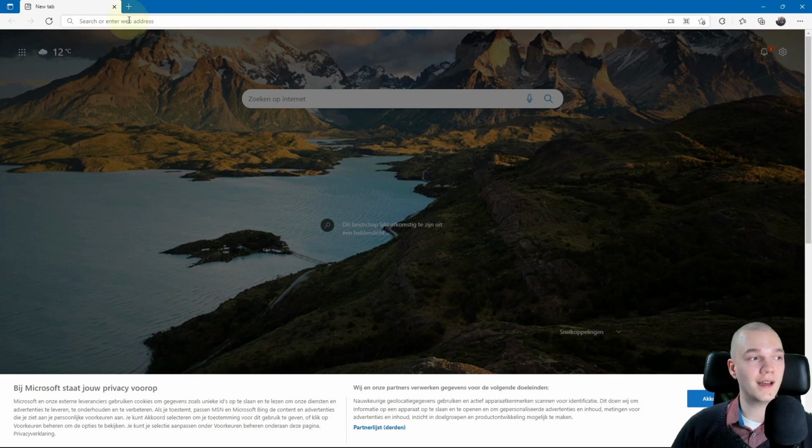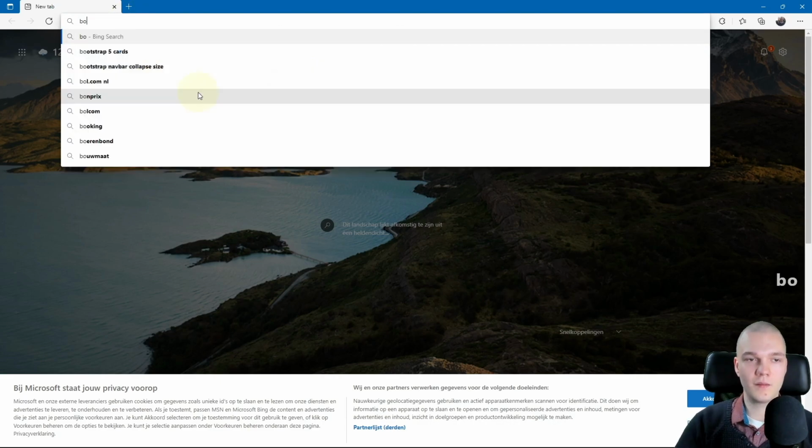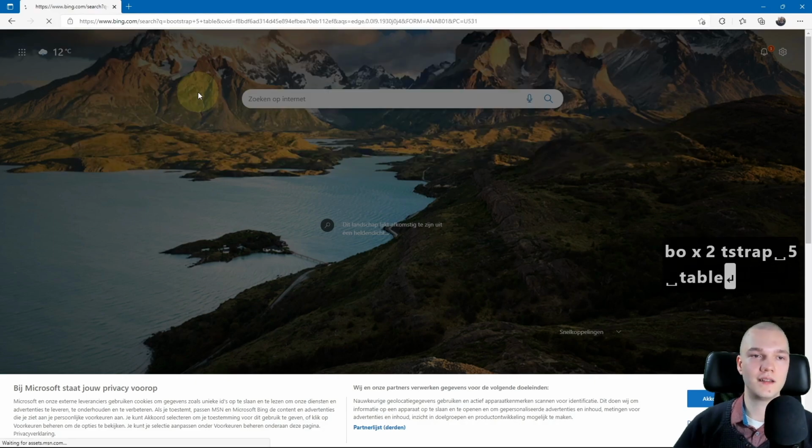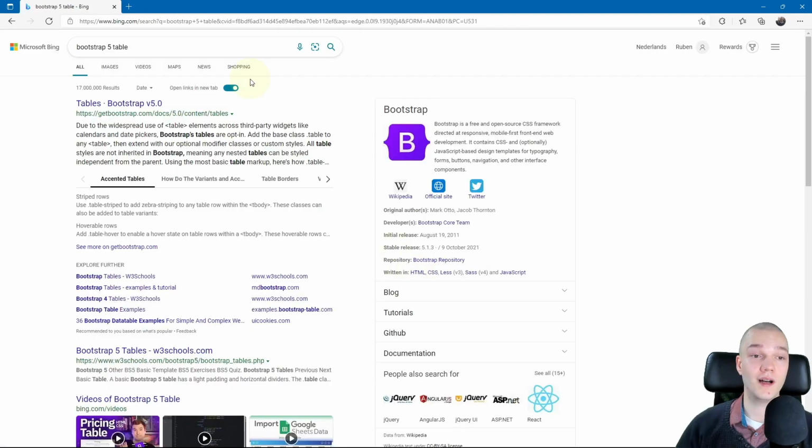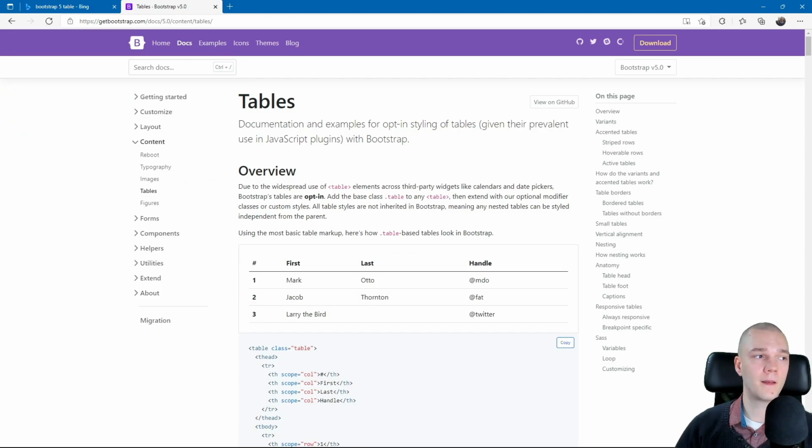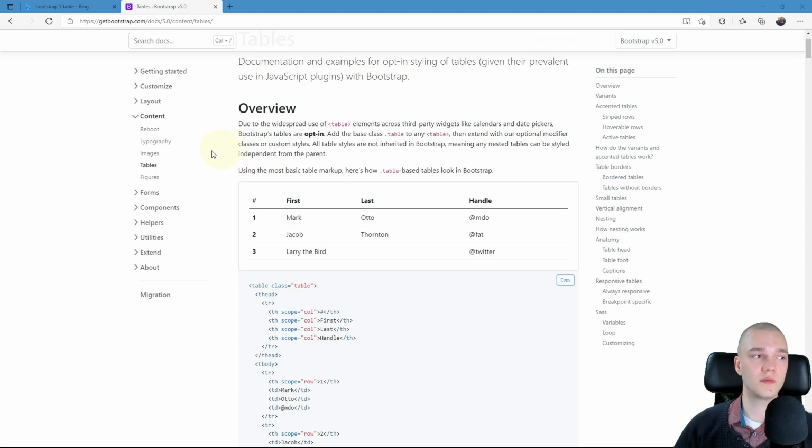But okay, I'll Google Bootstrap 5 table, or I'll Bing it, I guess. And I'm going to open the first link to the Bootstrap docs. And I'll also add this page to the description below. So Bootstrap gives us some snippets to work with.